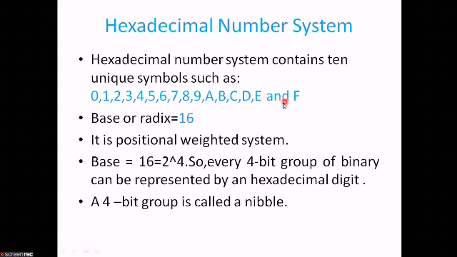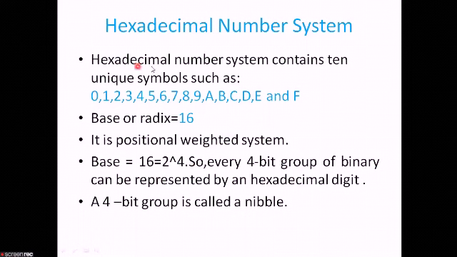Hexadecimal number system is also known as hex. Although it is somewhat more difficult to interpret than the octal number system, it has become the most popular means of data entry and retrieval in the digital system. The hexadecimal number system is a positional weighted system, and we already know what a positional weighted system is. That is, each digit in the number holds some position and has some weight also.